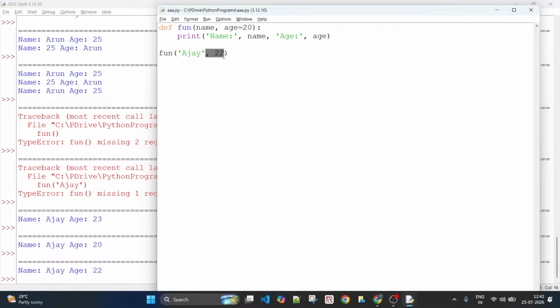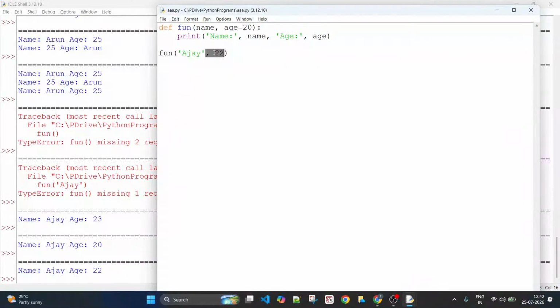If you have skipped passing that, then what happens? The default value is assumed. That is the concept of default argument.